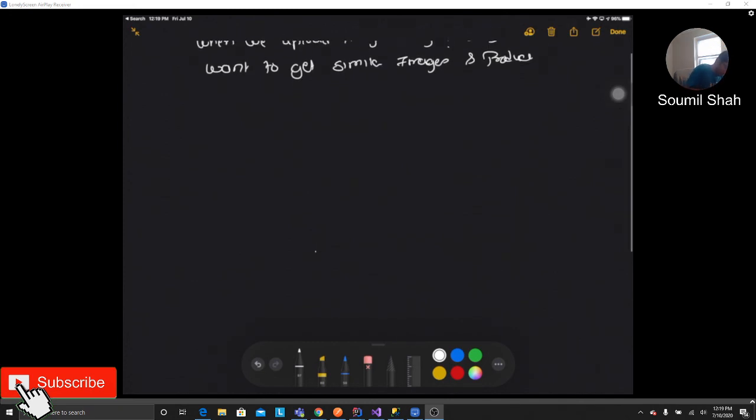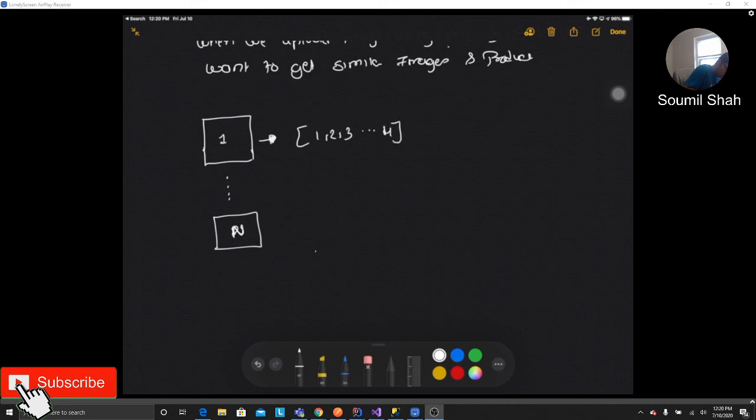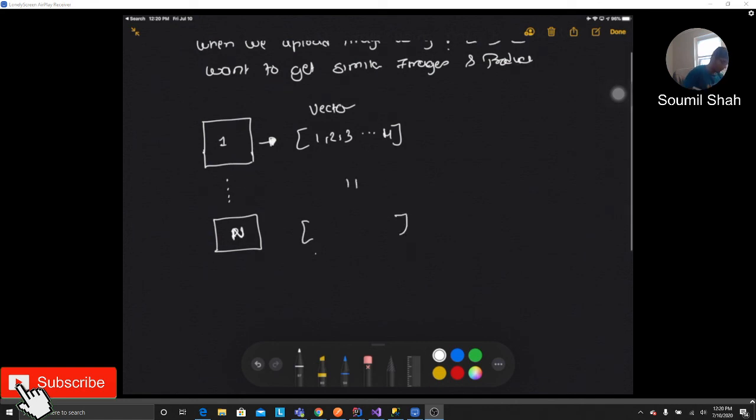The first thing that we need to know is, let's say you have thousands of images. This is the first image. This is the nth image. So you have a lot of images, right? As you know, machines can't understand images, so we need to convert them into numbers. The idea here is to apply machine learning techniques on images and convert them into a vector. So each of the images gets translated into a vector.